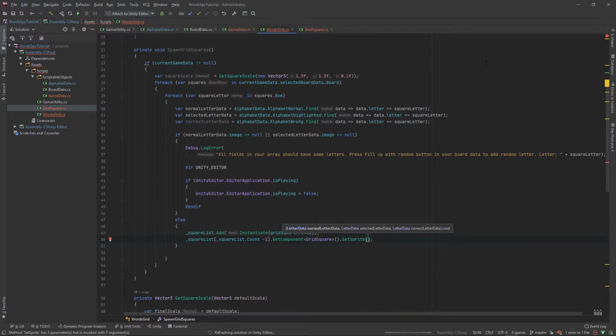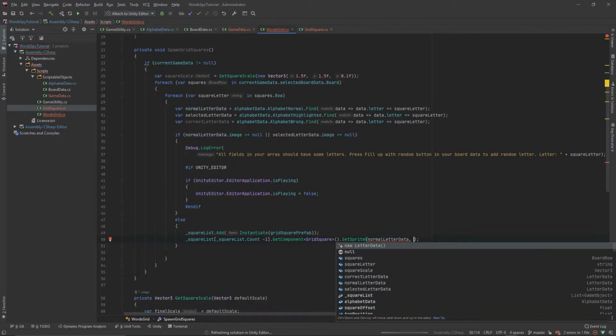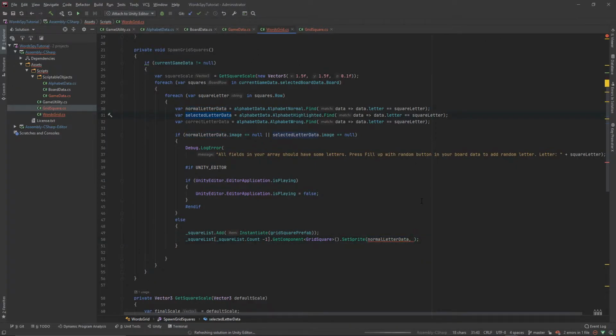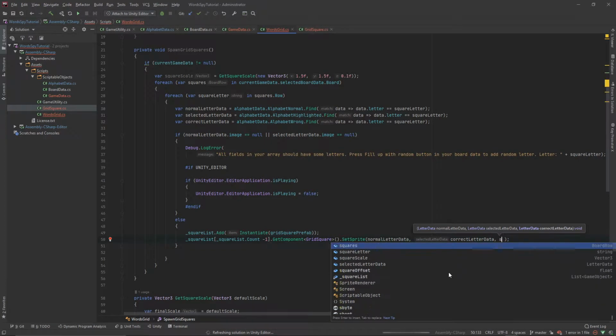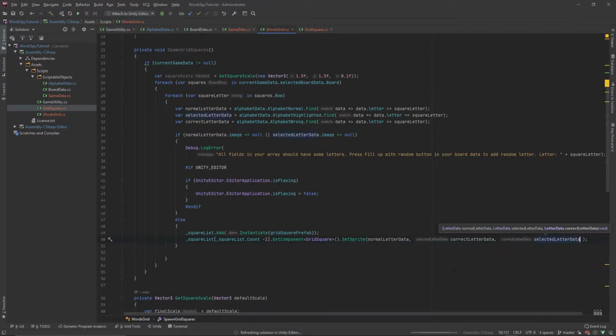So we want to set our sprite with this data. We want to pass the normal data, then we want to pass the correct data, and then we want to pass the selected letter data. Okay,